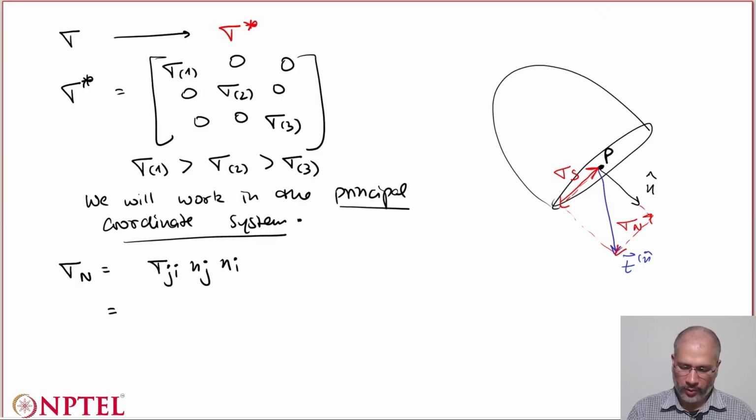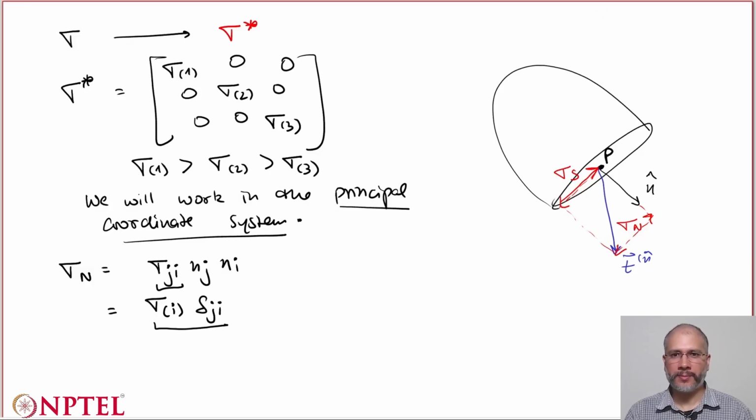And you know that since sigma star, or we'll call it sigma now because we are working in the principal coordinate system, our sigma is diagonal. So this becomes sigma I times delta ji, so that's your stress tensor sigma. And then you have Ni times Nj. We apply the substitution property of delta that gives us